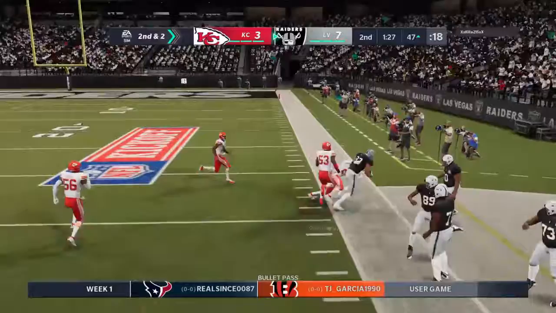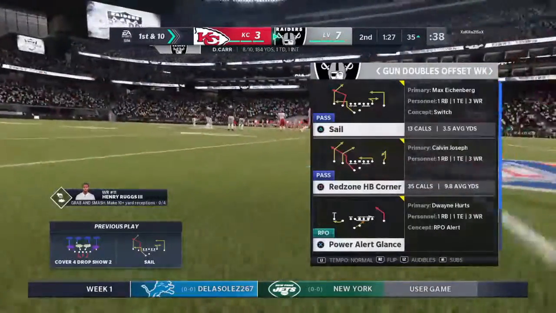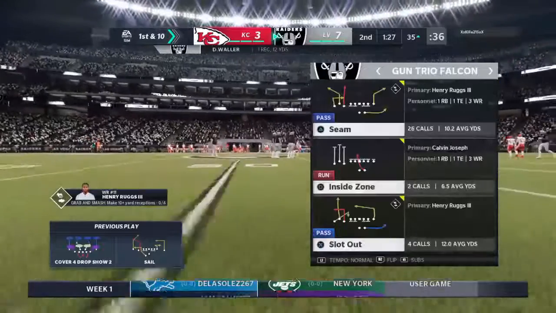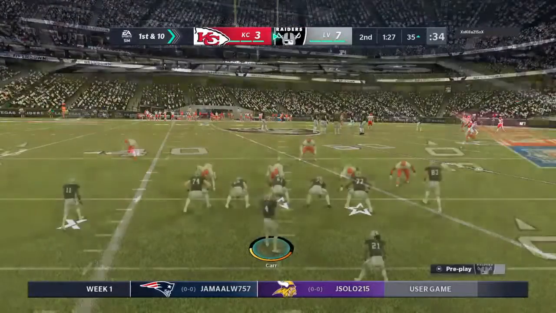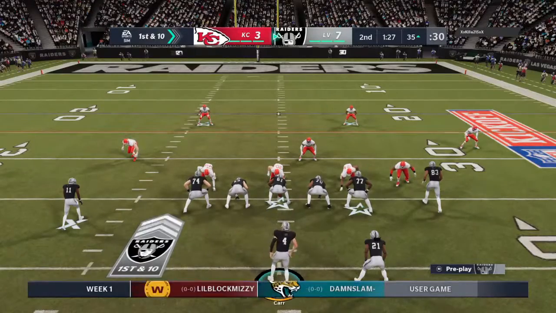This pass from Carr taken in by Waller. He will go out right near the 35-yard line. 12 yards there and a first down. At the 35-yard line. You don't always expect tight ends to be big in terms of run after the catch, but after that play,